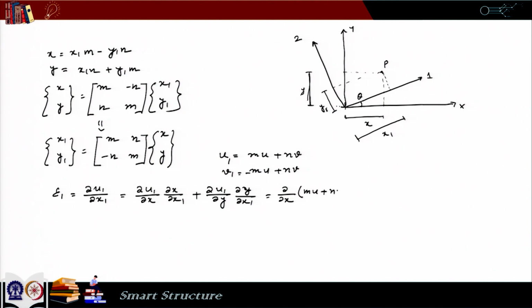So, mu plus nv and del x by del x1. If I look at this relation, from this del x by del x1 becomes 1, because our x is equal to x1 m minus y1 n. So, del u by del x1 is equal to m